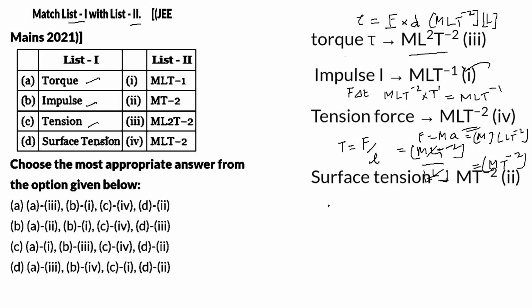So from this, we can easily conclude that for torque, the third option is correct. For impulse, M L T power minus 1, that is the first one. And for tension force, the fourth one. And for surface tension, the second one. Hence, the correct option is